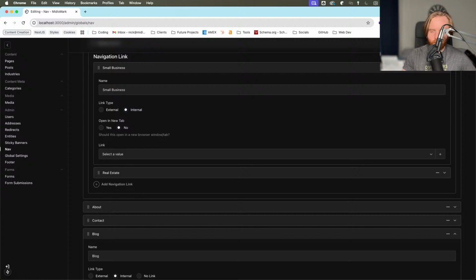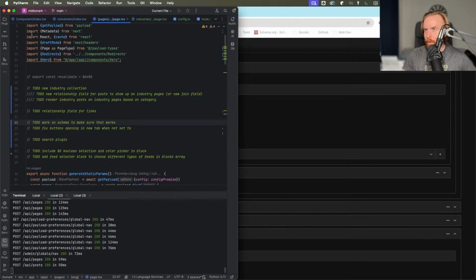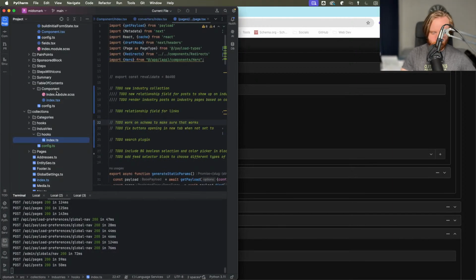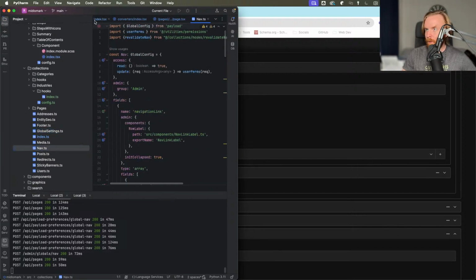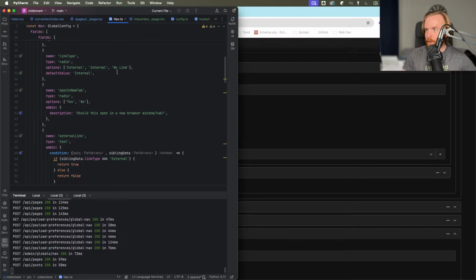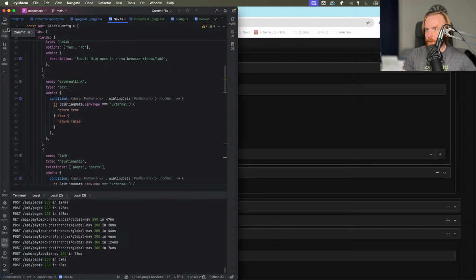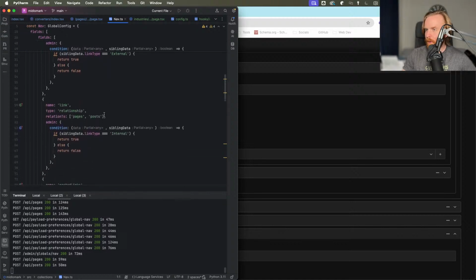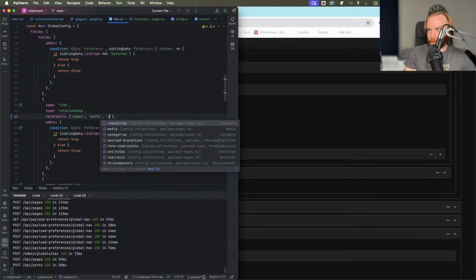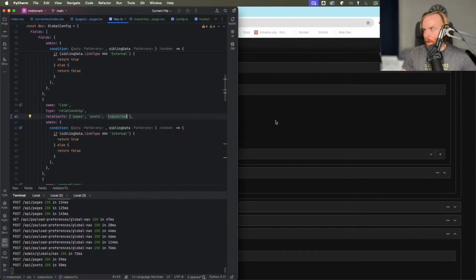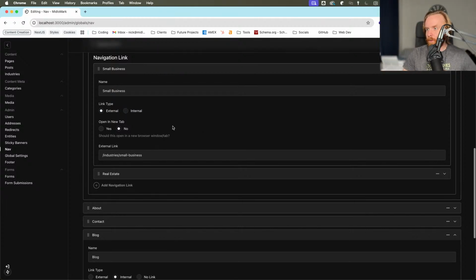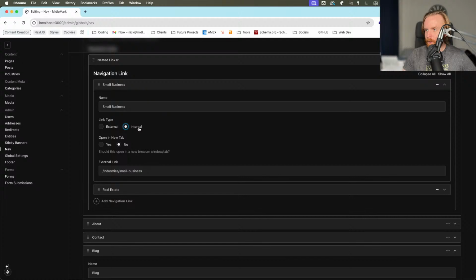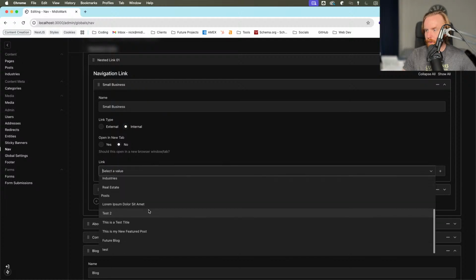So come back over to that, and then we can come to our globals. Nav. We've got our navigation link, external, internal, which, yeah, this is right. Posts, and then I need industries in here as well. So now if I save that, I'm going to have to redo a couple of things, but nothing too intense. But I can do an internal link and set a link to be,